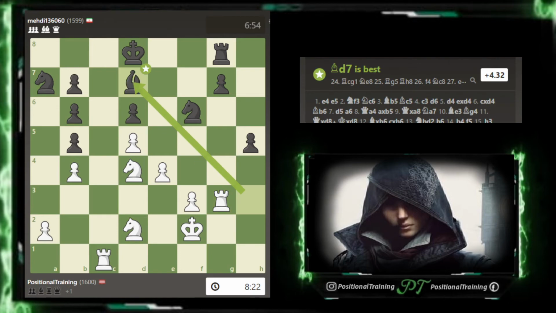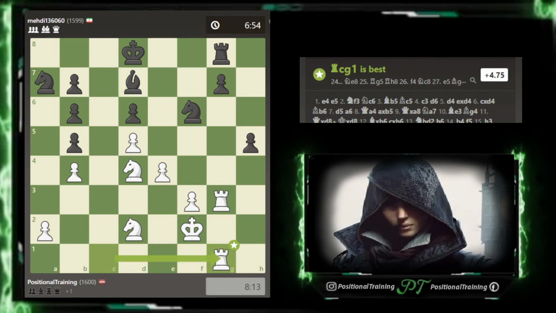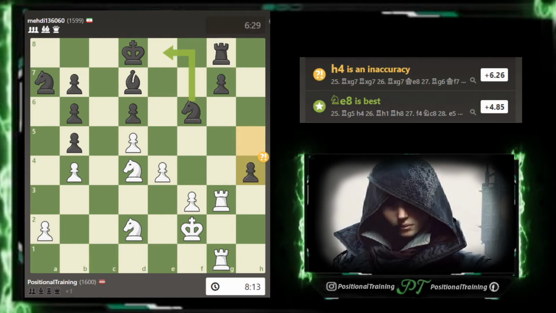Alright, let's move on. Bishop back. So finally they played computer move, and I decided to double my rooks. So a lot of pressure to g pawn. So they push pawn,